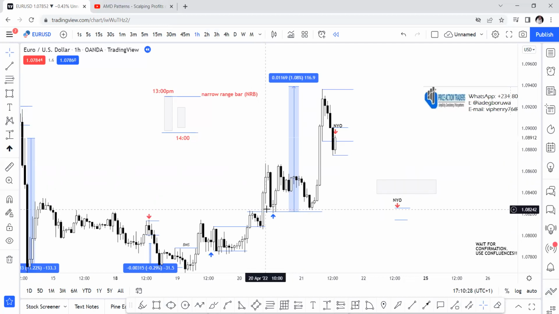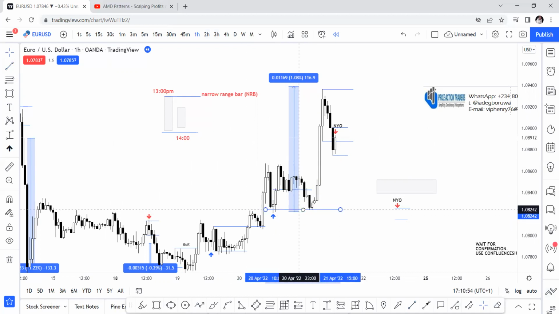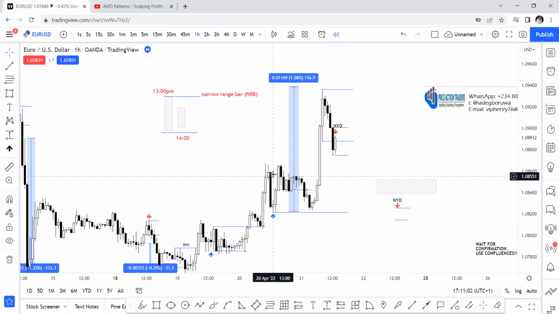After this breakout, after this candlestick took out the previous high, structural high, it retests to it. Exactly at this level, we got this narrow range bar, at 13:00 GMT. Then it's a breakout, followed by engulfing. So I would prefer to take this than this,